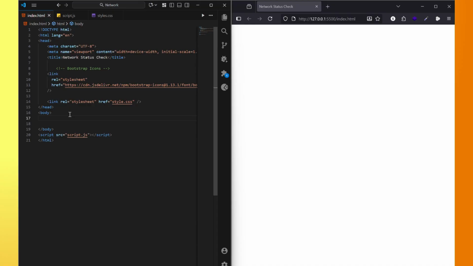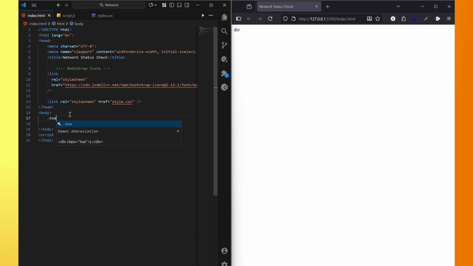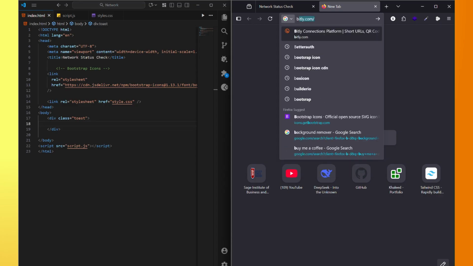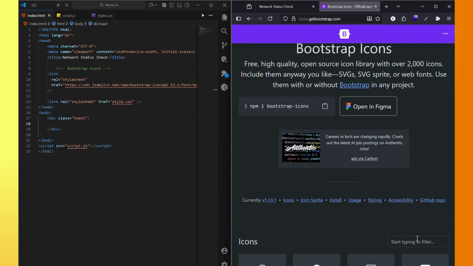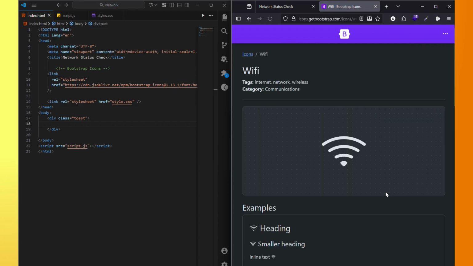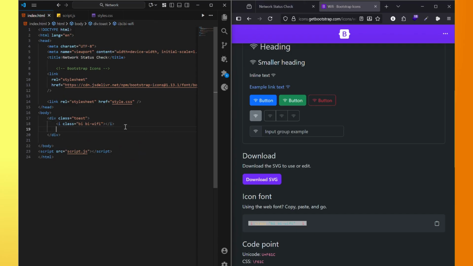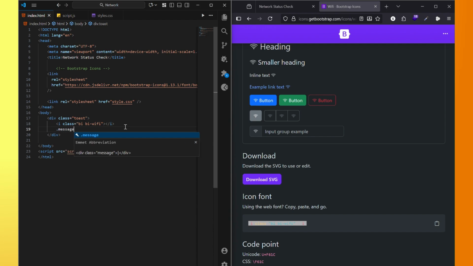We create a div. Sorry, we also need to go back to the Bootstrap icons so that we can select an icon of Wi-Fi. And don't forget to create a div of toast. Then after getting the icon, you put it inside the div of toast, under the icon,